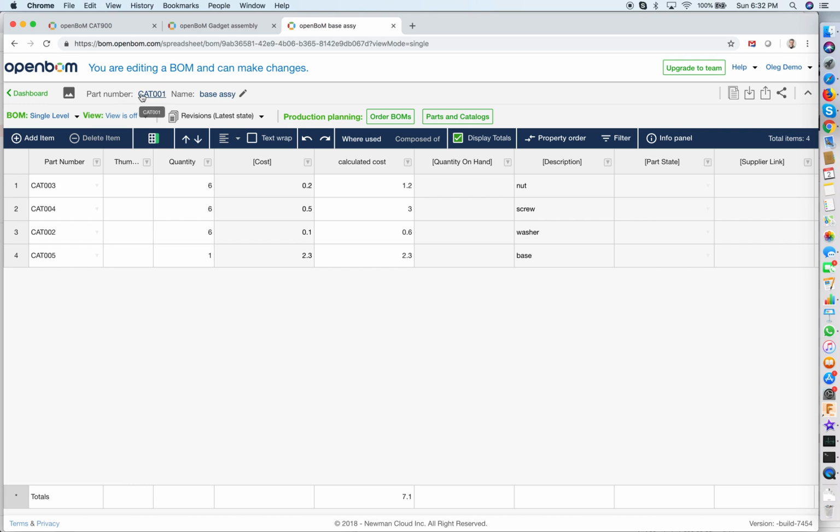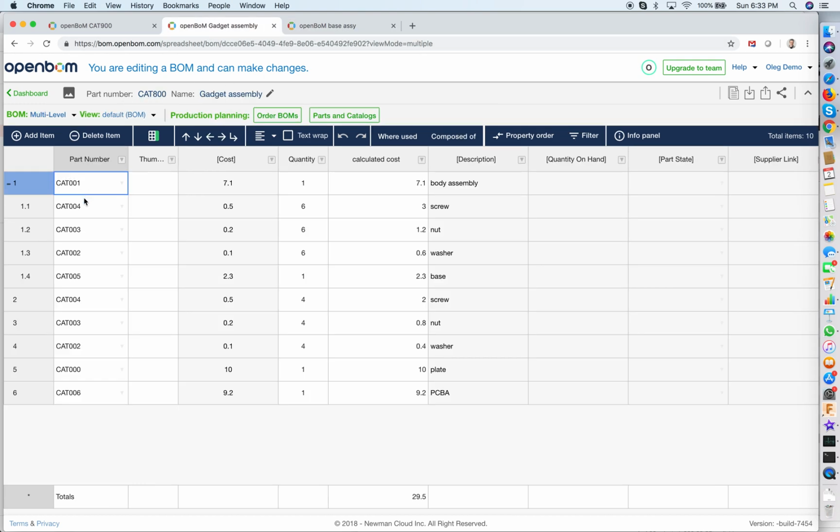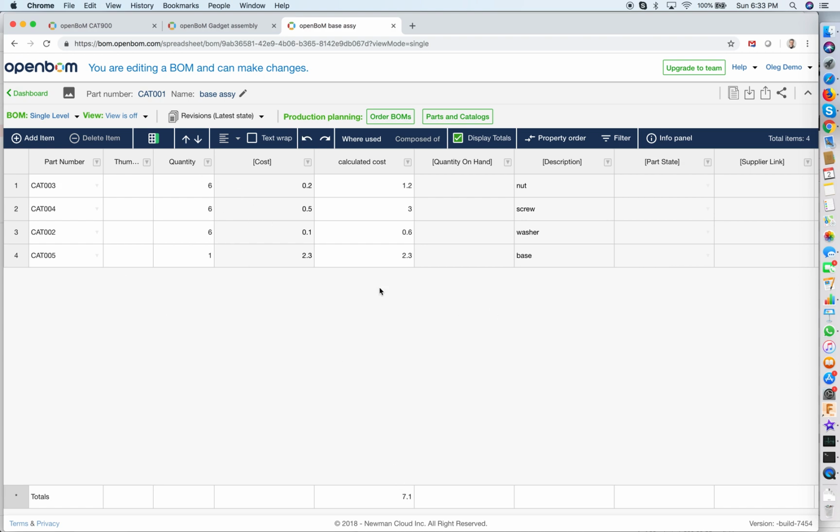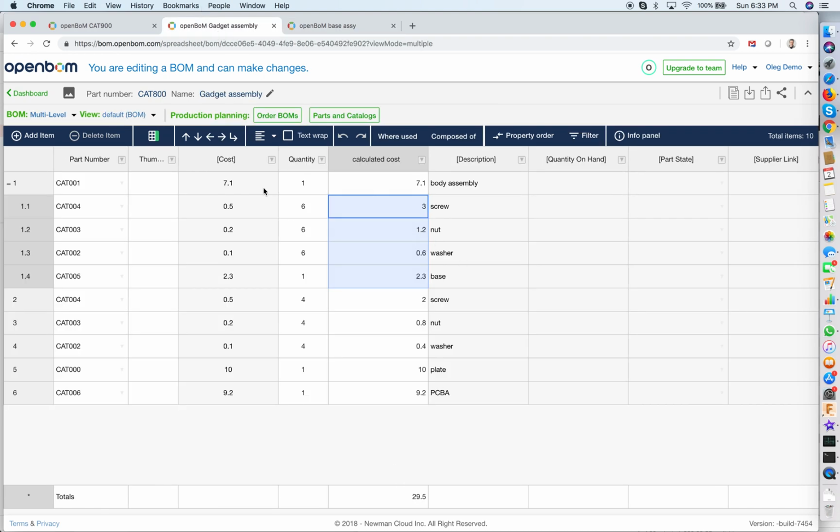It's enough to define the part number. OpenBOM realizes that this part number has subparts, and makes a calculation. So the interesting thing that happened now, as you can see, is that the cost of this body assembly was calculated as the cost of the subassembly. You can see this 7.1 is the cost of this subassembly, and this cost was substituted in the cost of the assembly that before was not defined. Although the parts, as you can see, the price of the screw is the same price, and it was taken from the catalog, and we get to $29.5